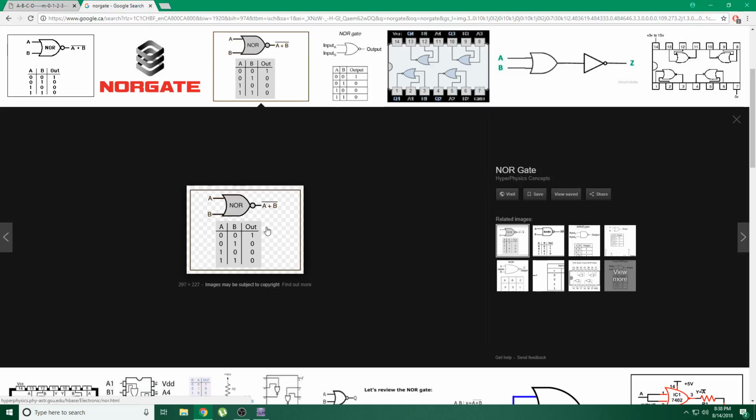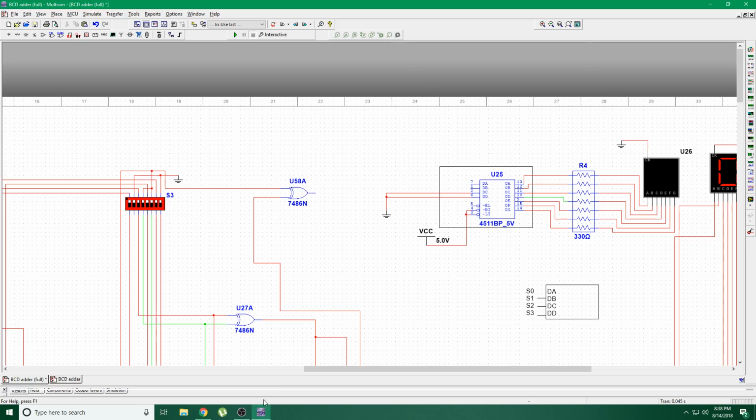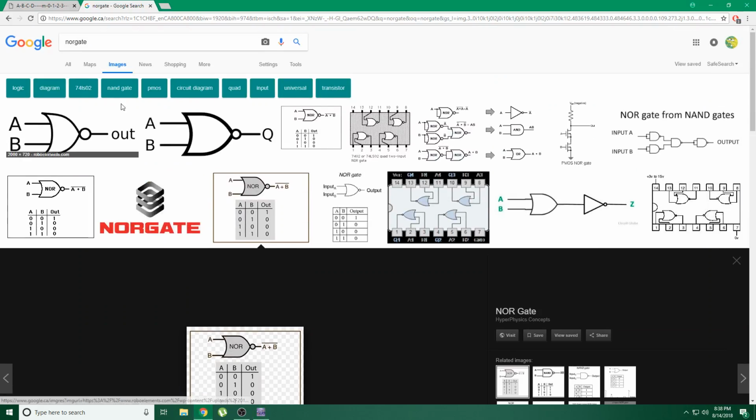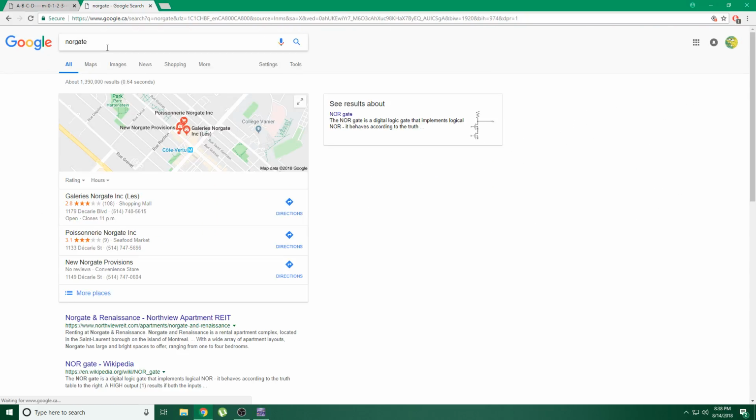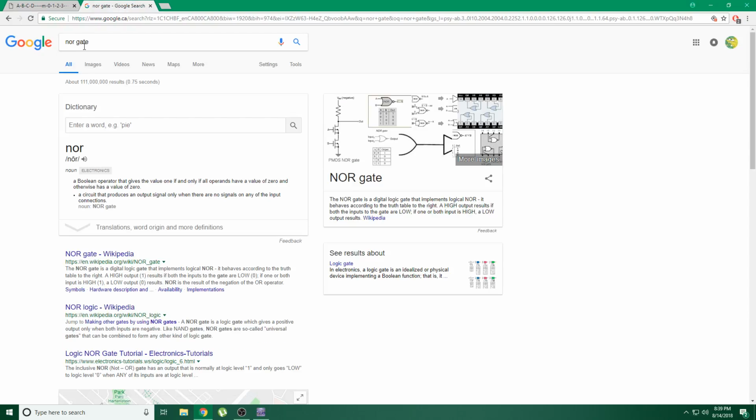But if they're both high at the inputs, so implying that they're both low, it outputs a low. So what I could do with a NOR gate, which I do not know what that is, a